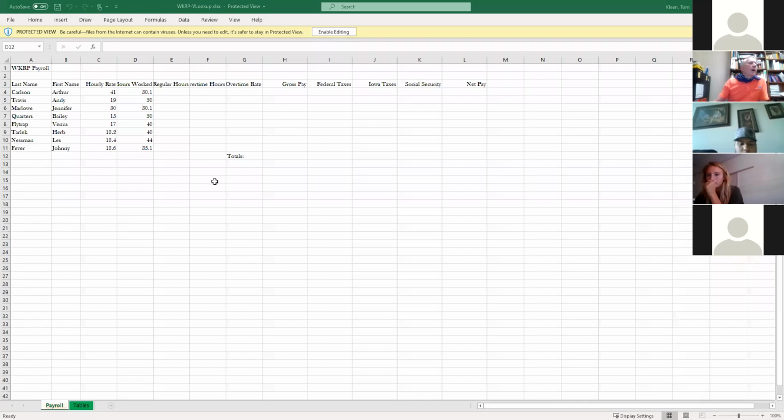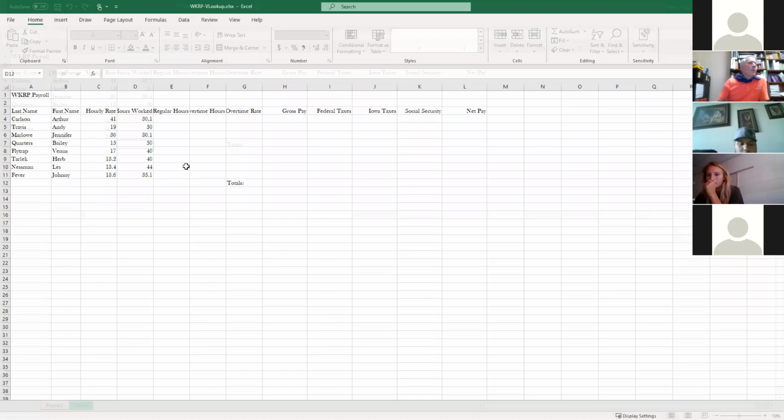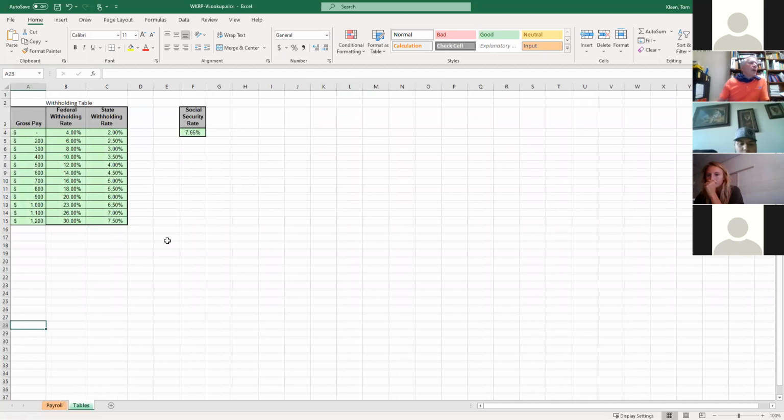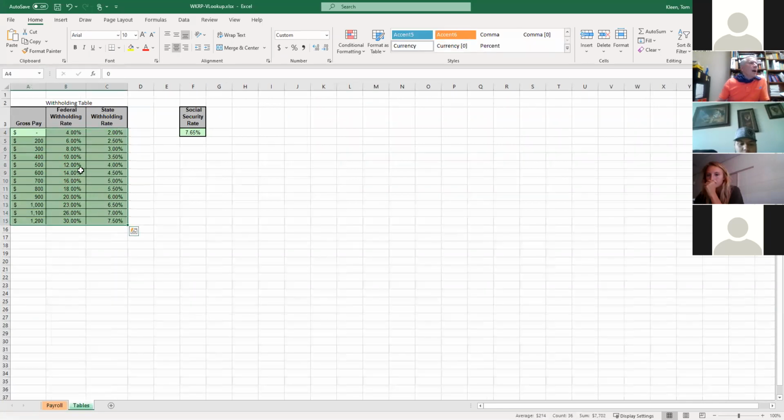Okay, so this is the file that we'll be using. And so these first few here are just simple, straightforward formulas. When we get to these last three columns here, though, the taxes are going to be determined. It's kind of like that tax table that we had as an example. We're going to look up a federal tax rate. It's going to be over here. And I want to show you something, though. If I take the mouse and I drag it over all this stuff here,